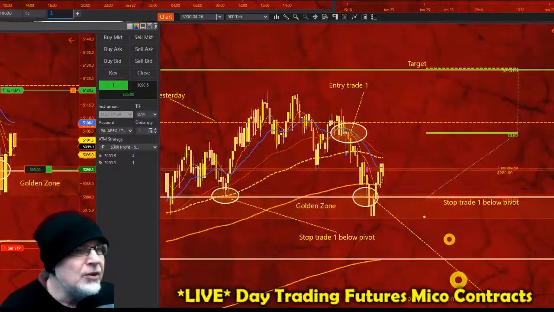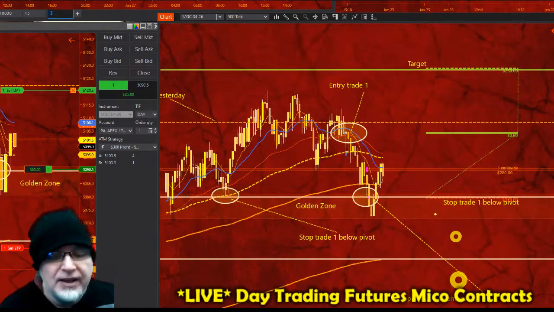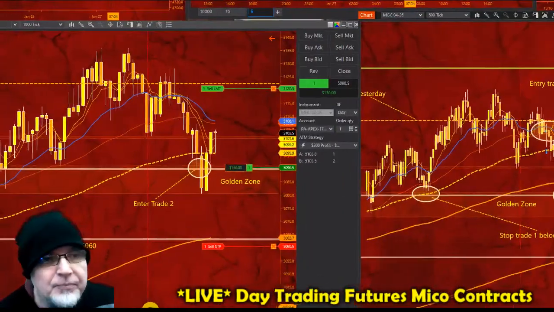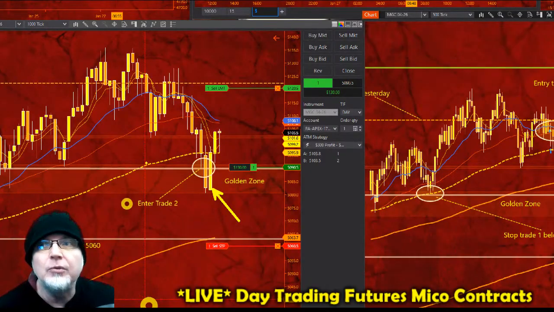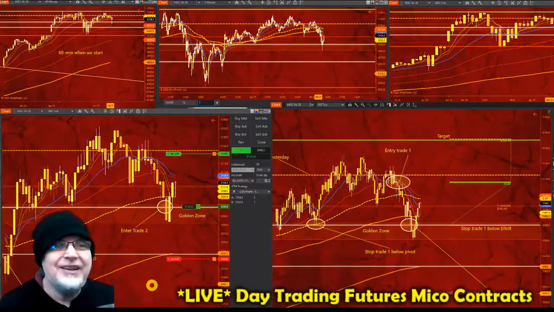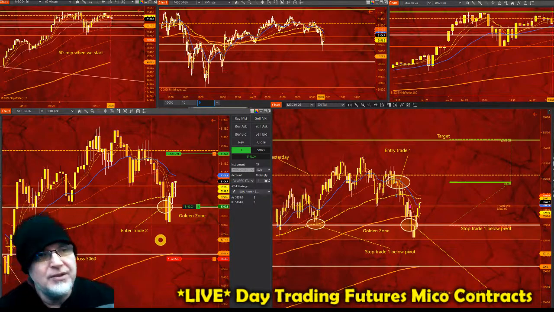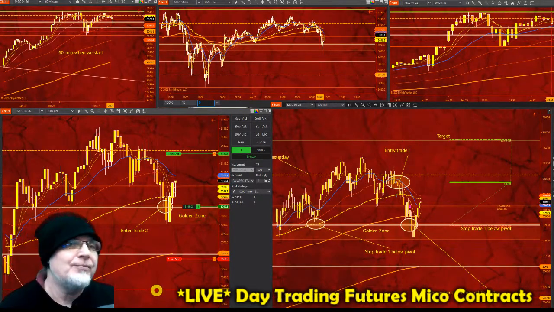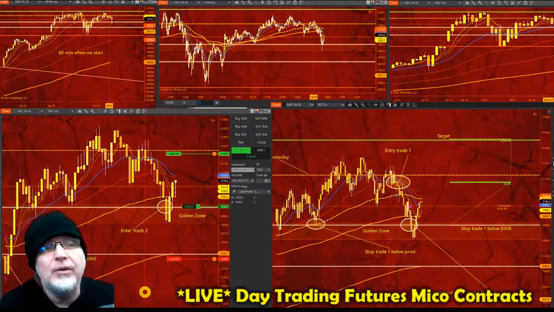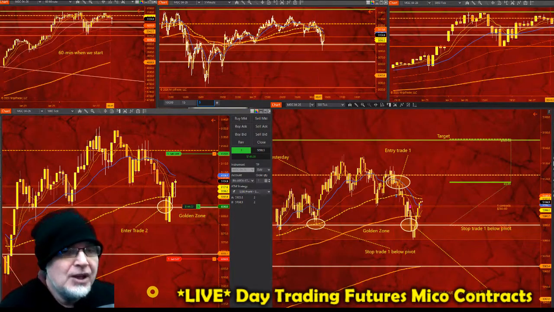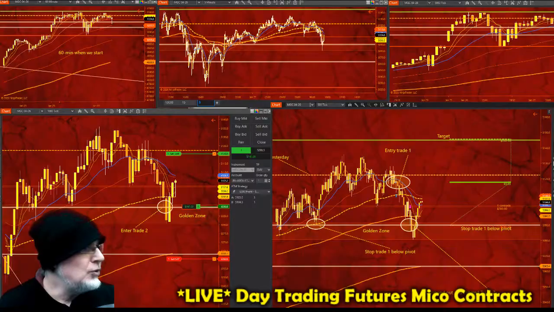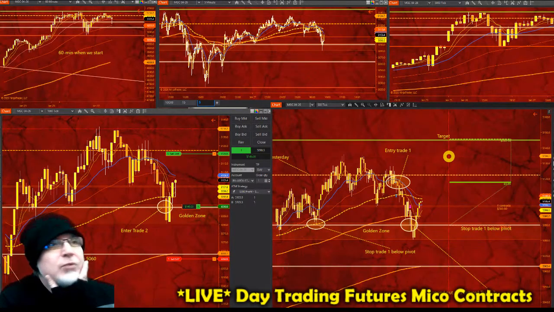Since it was in the golden zone and after the liquidity sweep, we entered in our second trade, though, which you see over here. It bounced in the golden zone after sweeping, and now we are green on that. Hopefully it'll hit our target. Best that'll happen today with this scenario is that we'll break even and we'll look for another entry, because the first trade was a stop loss. Second trade was a target 1, unless I want to hold it for a target 2, which I'm still learning how to do. So that's where we're at today, this morning.